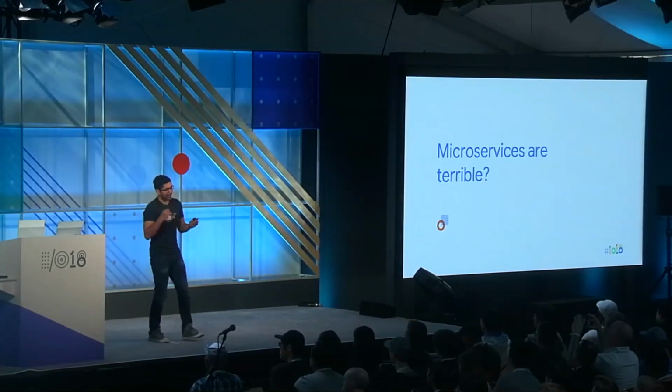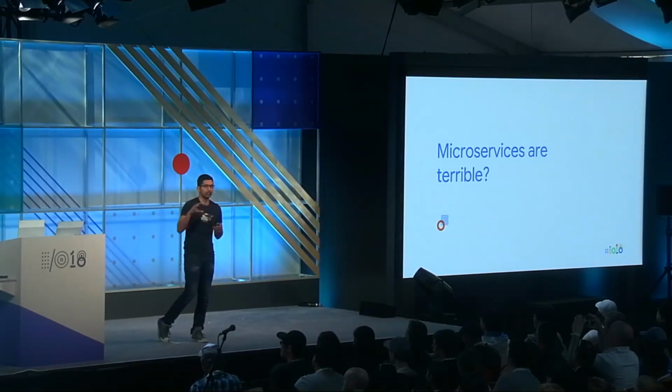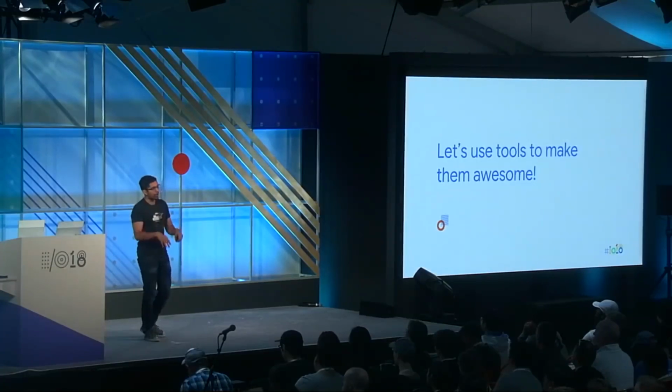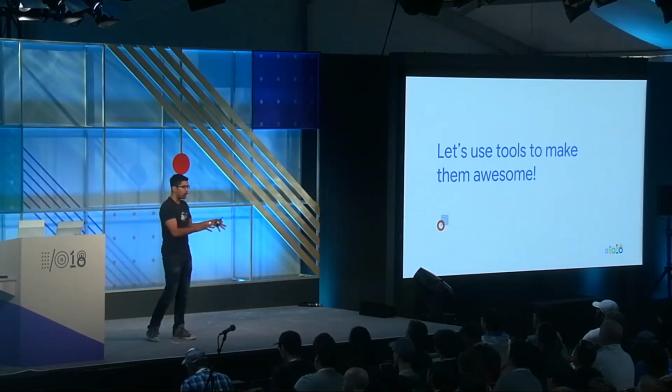So are microservices terrible? Maybe. But we can use a lot of tooling to try to make them more manageable, right? So let's use tools to automate the infrastructure components, automate the networking components, automate the management side of things. And so when you look at a monolith versus a microservice, they both have a lot of complexity. The difference is,